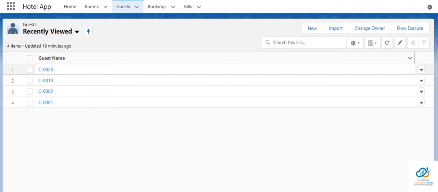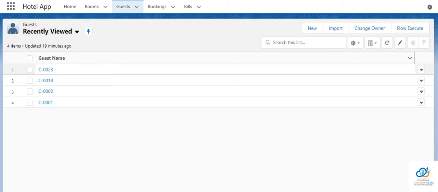Today I am here with yet another video on what is field dependency in Salesforce. Field dependency is a drop down list filter, or we can say a picklist filter. There is a controlling field and a dependent field. For example, take country and state. The country will be the controlling field and the state will be the dependent field.